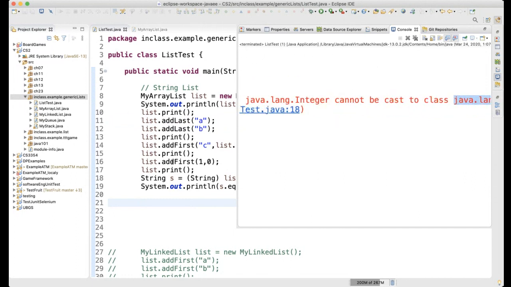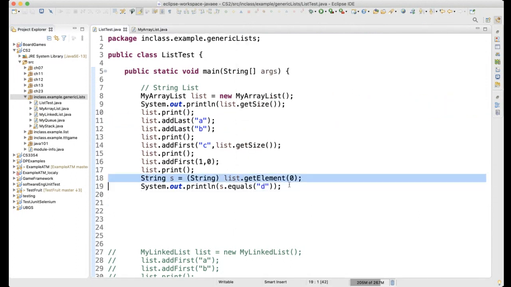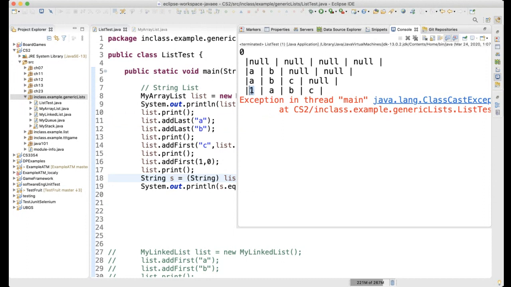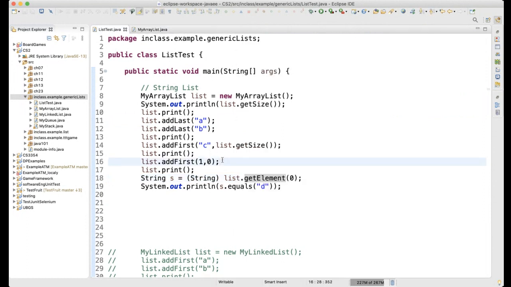So it's at line 18, which is right here. It's trying to cast. What we did in this line is we're getting an element at position 0. And as you can see, the element at position 0 at this time, if the user entered the data correctly, we expect it to be the D, right? But since we had an error here, which nobody caught,